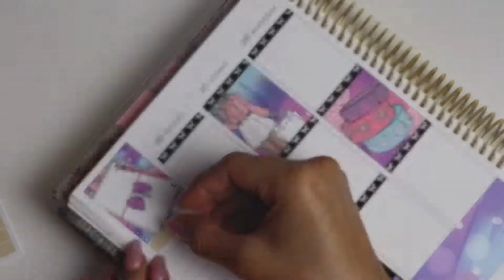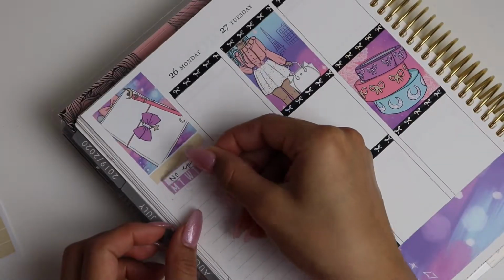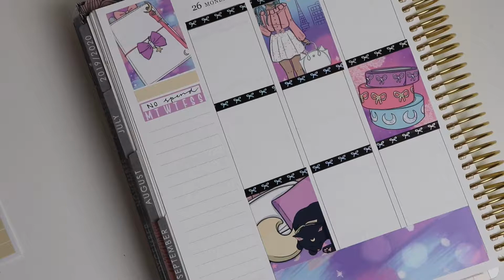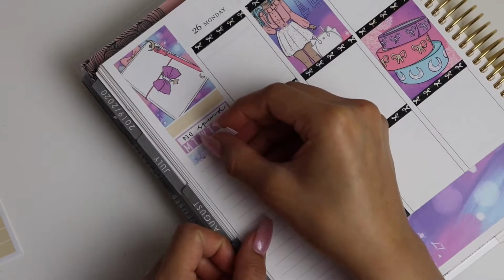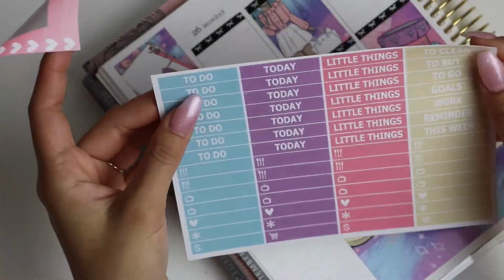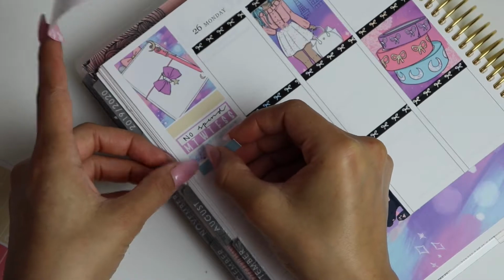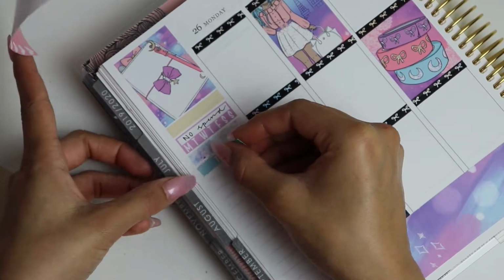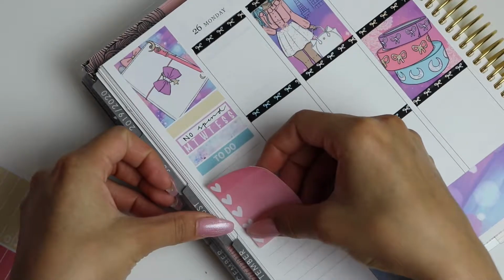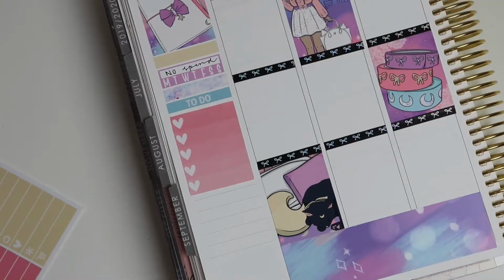When I originally used the kit, I believe I used gold, which I think it was because the washi and the pictures there are both gold and holo, and so this time I decided to do the holo. So yeah, I don't use any date covers this week, but I do use Simply Gilded washi as quote-unquote headers. So moving on to my sidebar, I use a little piece of washi from the kit,